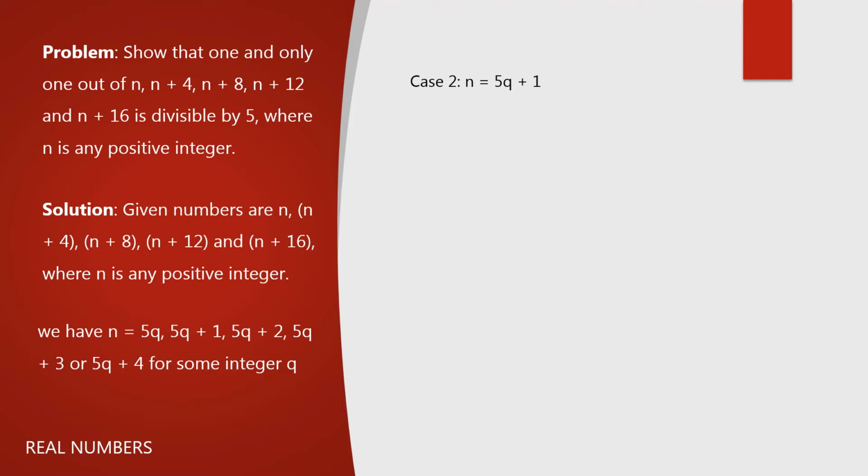Okay, in case 2, we have n is equal to 5q plus 1. Already we checked for n is equal to 5q. Now I am taking the second case value, that is 5q plus 1. When n is equal to 5q plus 1, now I will calculate all the 5 values. Among them, the first value is n, which is 5q plus 1 only, we have taken already. Now 5q plus 1 means again compare with bq plus r.